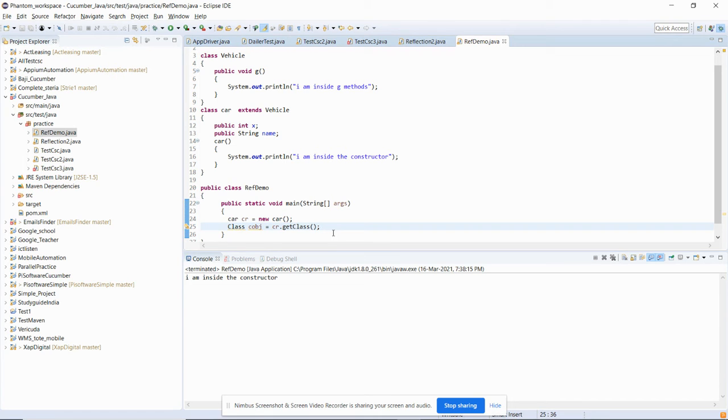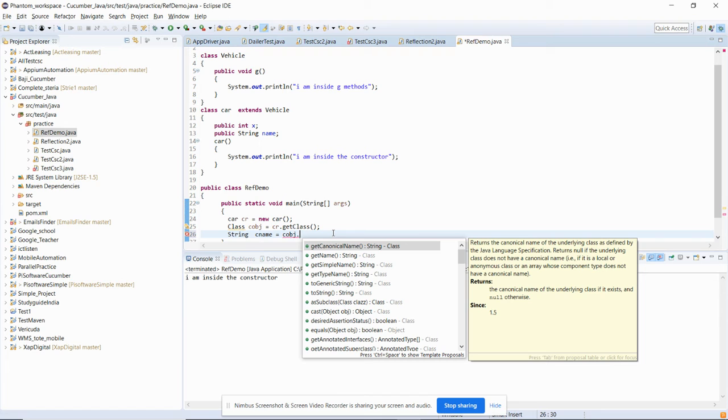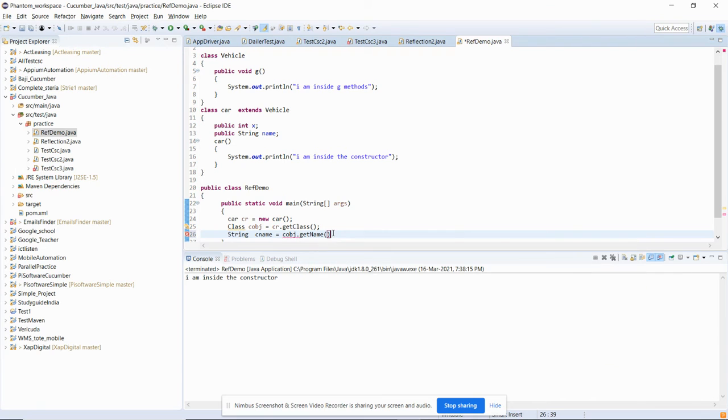Okay, so now we need to convert it to a string, because we can fetch the value of this one. Suppose I say cName, or you can say className, you can give any name, and I will say cObj dot, we will get the string value. So we will call the method getName.